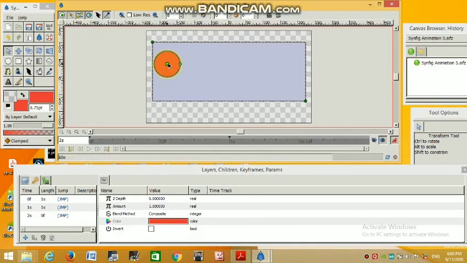Okay, now play your animation. You can see your circle move left to right. This is our second animation, and you can also render this animation.